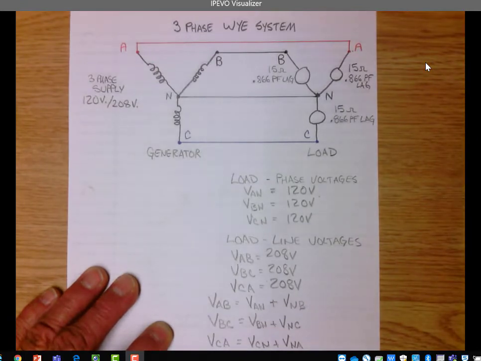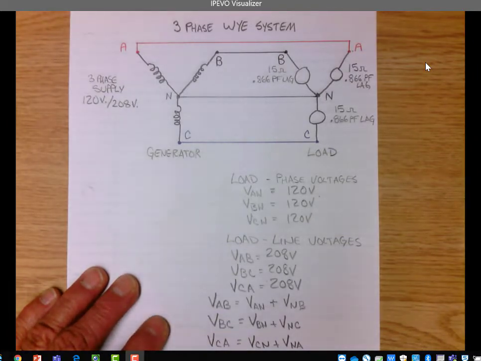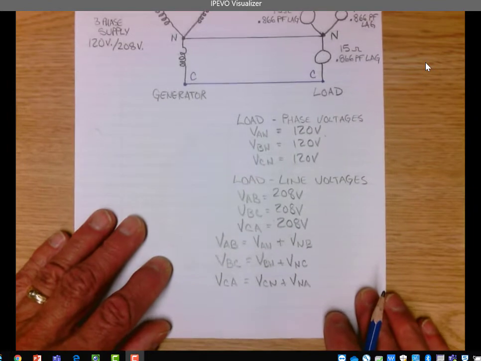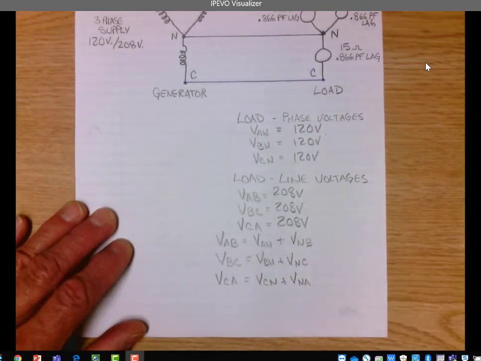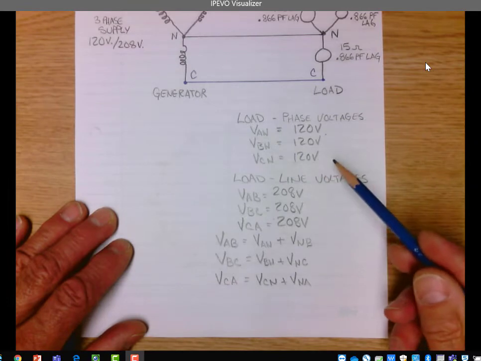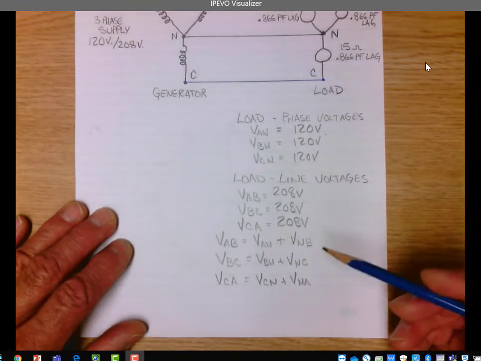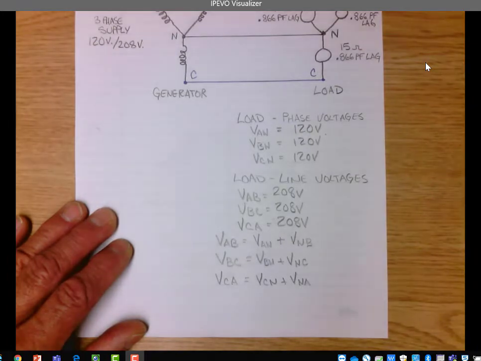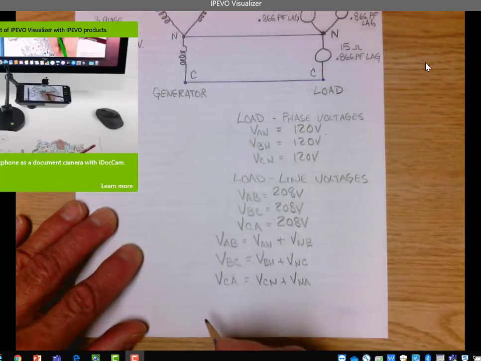On pages 7, 8, and 9 in your module, it goes through how you get the line voltages from the phase voltages, and how the line voltage will work out to 208 volts if the phase is 120. It goes through a bunch of math to show you how to do that. The one last thing I want to make a note of on this is there's a simple rule that we can use to go from the phase voltage to the line voltage. We can do all of the math on pages 7, 8, and 9 from our module to prove it, but in the end,